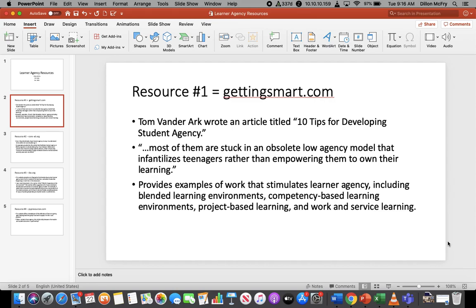I like that quote, one, because the word infantilizes is the fanciest way of saying babying I have ever heard, and I look forward to using that in my own vocabulary moving forward. But also because it is true that a lot of schools present a cookie cutter model in which students are handled with kid gloves, even all the way up until senior year of high school, in which everyone is taught the same way, expected to learn the same way, and no students are given the opportunity to take charge of their own learning.